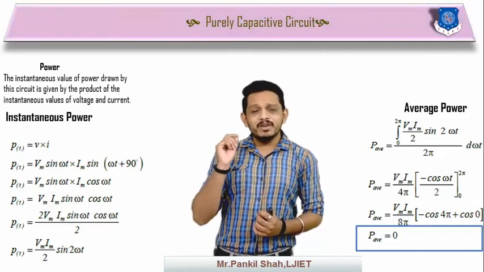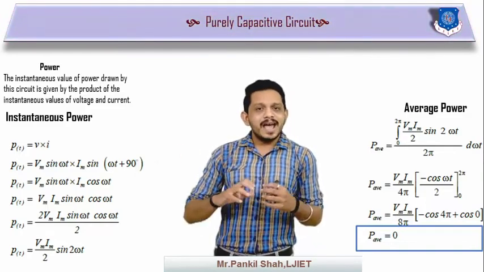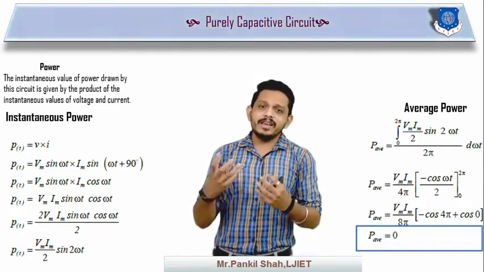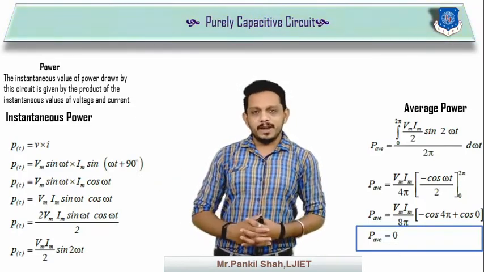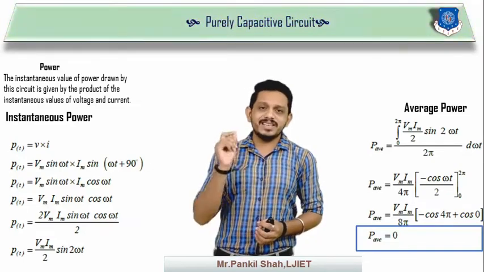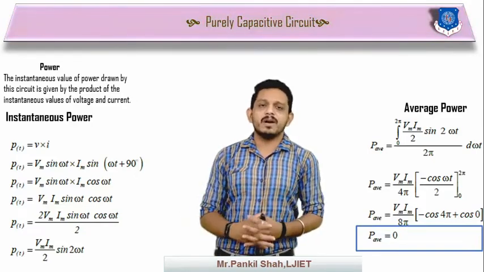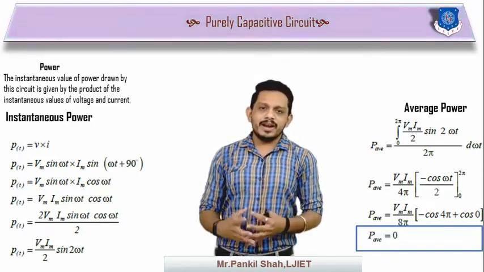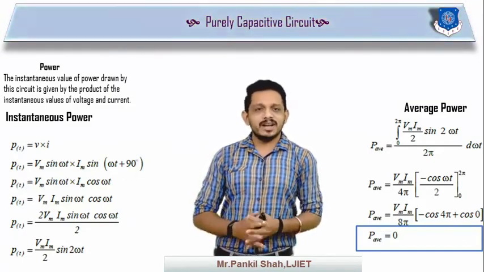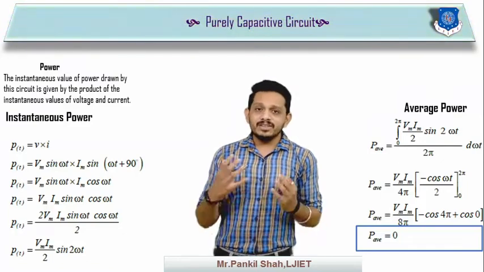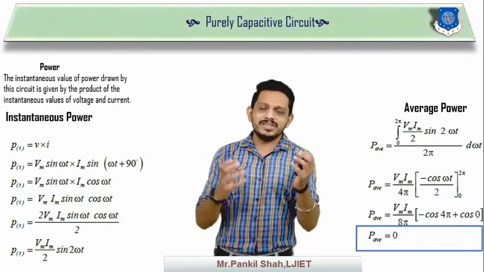In one half cycle, the capacitor asks for power from the source, and in the other half cycle, it gives that power back to the source. So basically a capacitor does not consume any power. But if the capacitor has some resistance, then that resistance will always consume some amount of power. But we have seen a pure inductor and pure capacitor circuit, and a pure inductor and pure capacitor circuit does not consume any power. This theory will help us to understand the series RL and series RC circuits.